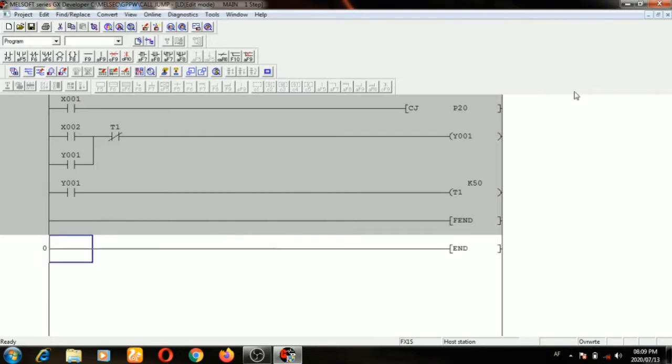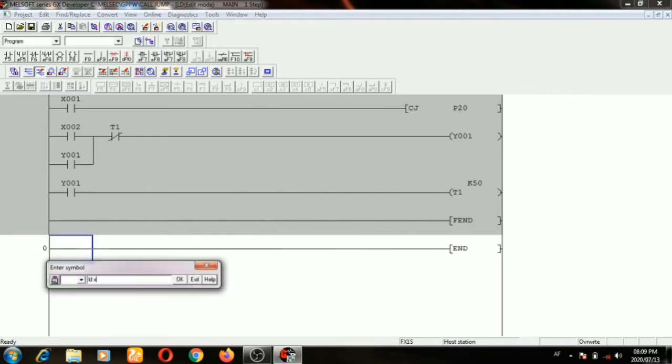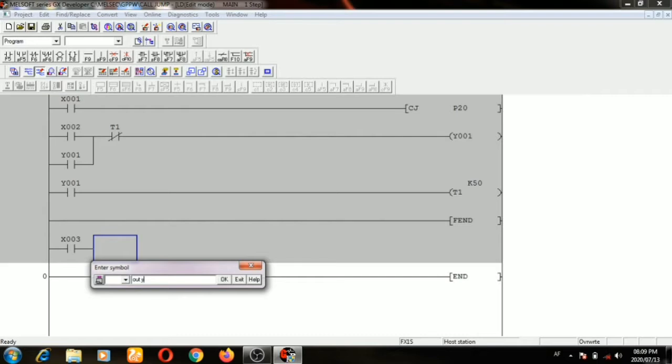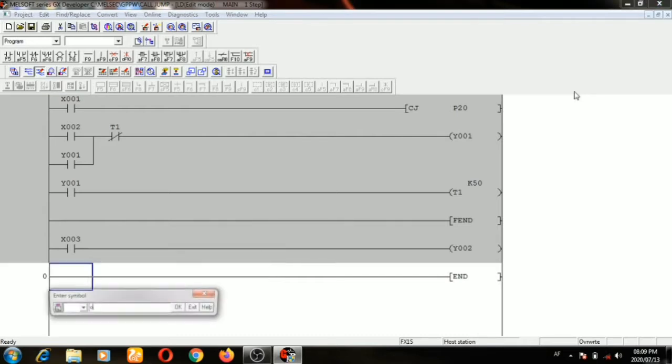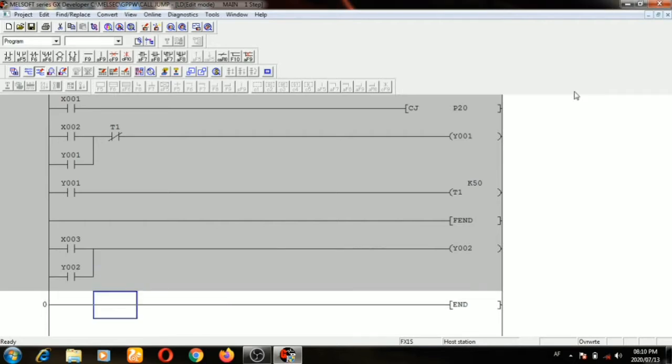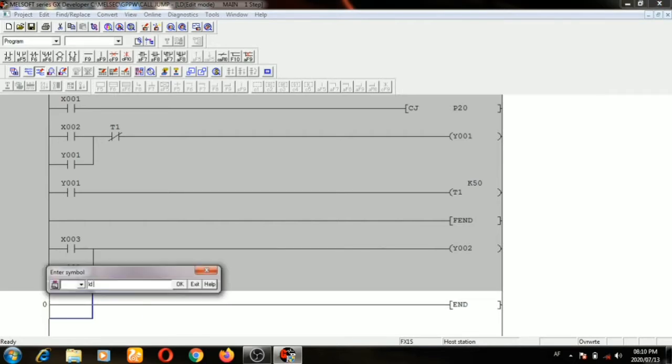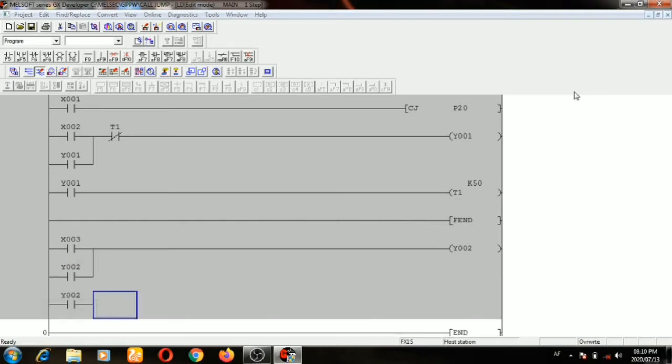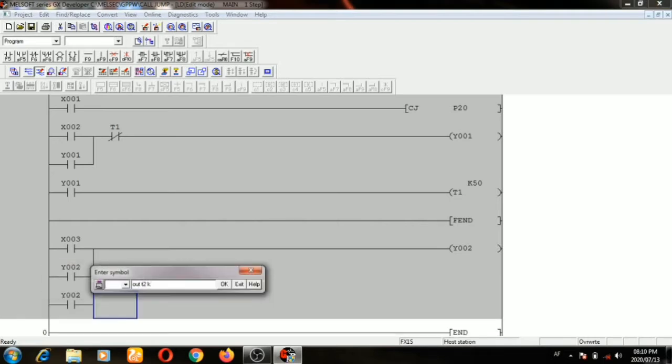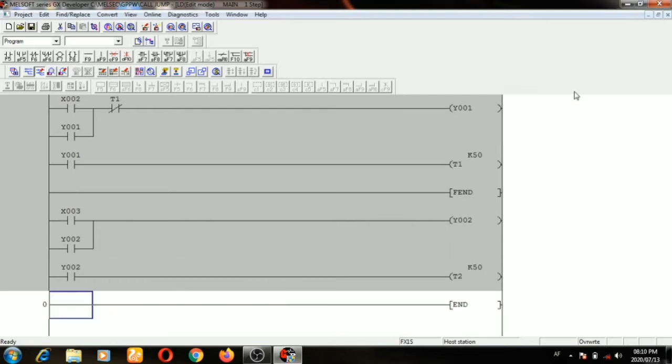Now I am going to use another program: LD X3, out Y2, or Y2. Now the timer: LD Y2, out T2 K50, and LDI T2.